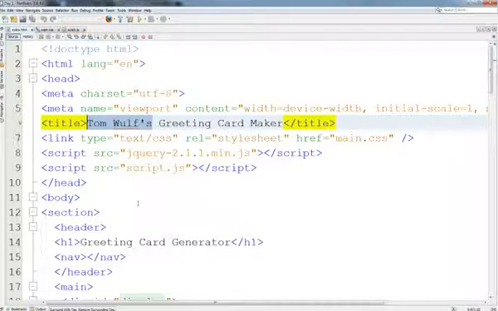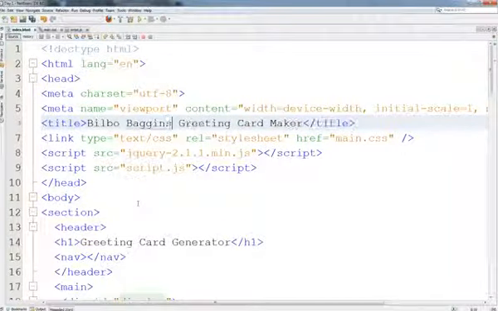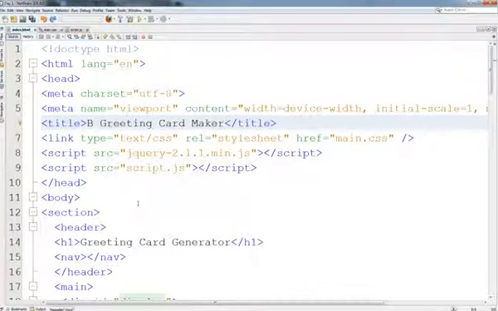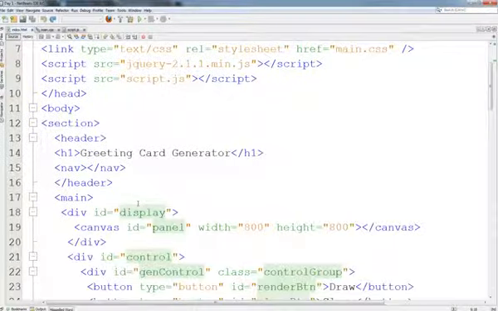If my name was Bilbo Baggins, I'd put it in like that. And then it would say Bilbo Baggins Greeting Card Maker. Okay? And since my name happens to be Tom Wolf, I'll change it back and leave it. Okay? And then down here, this is a display title that shows up in the browser. And we can leave that as it is, or if you want to put your name in there, you can,